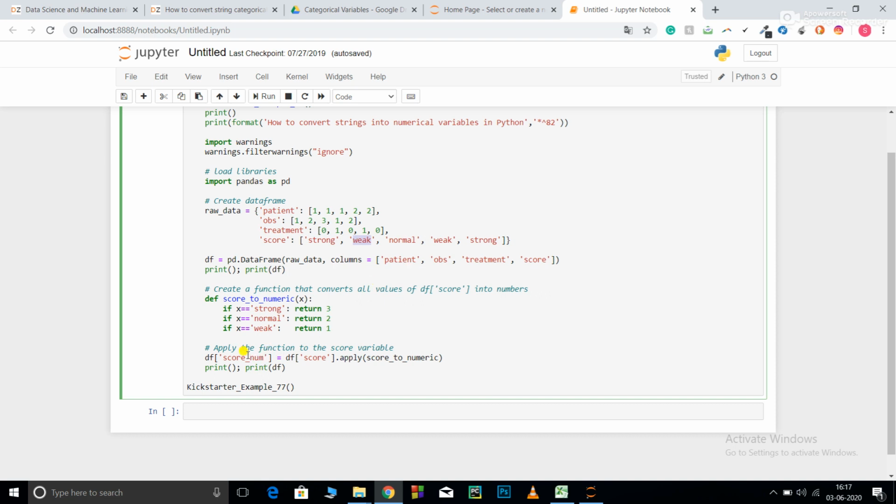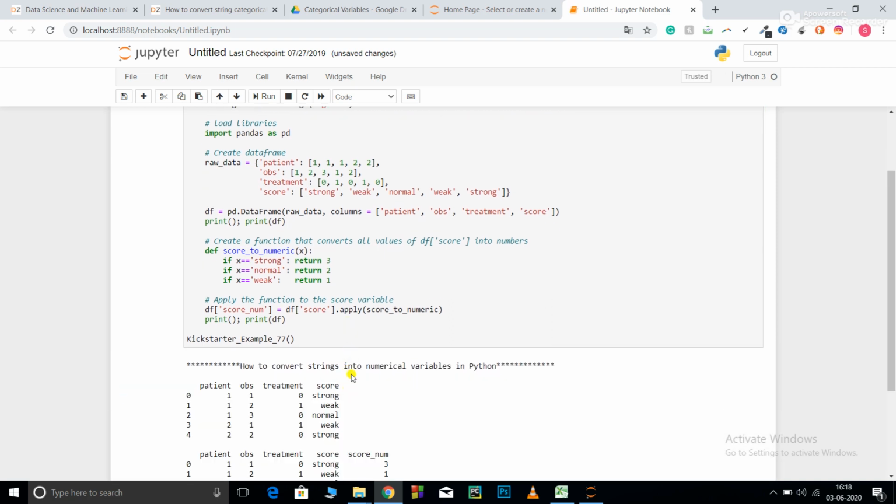Now for df, I'll create a new feature, df['score_num']. Then I'll apply this: df['score'].apply, that is applying a function. I could have also done .map, it will do the same. Score_to_numeric is my function over here. So print(df).